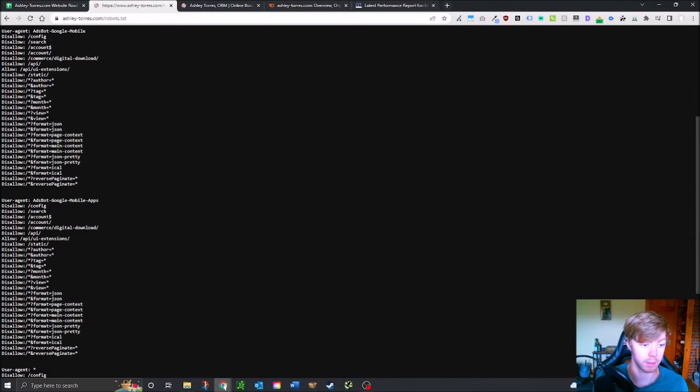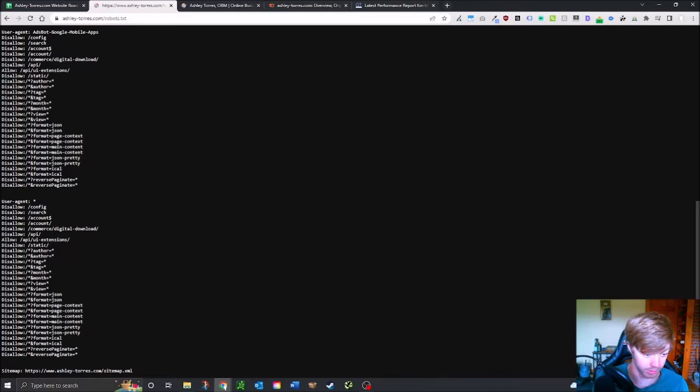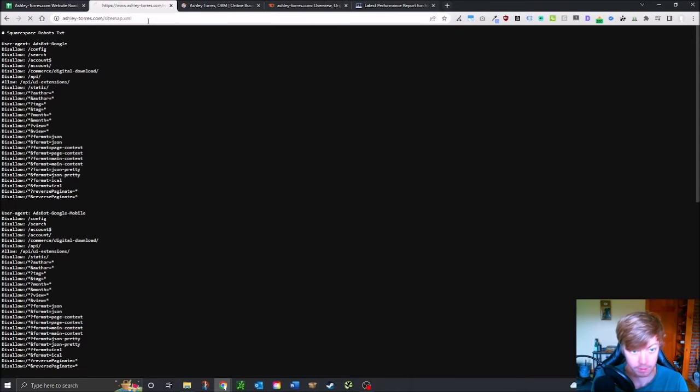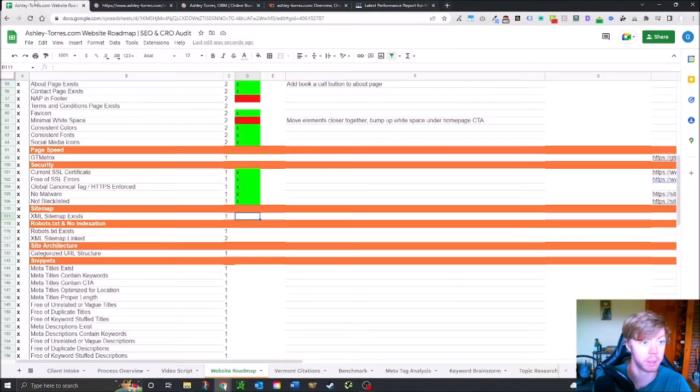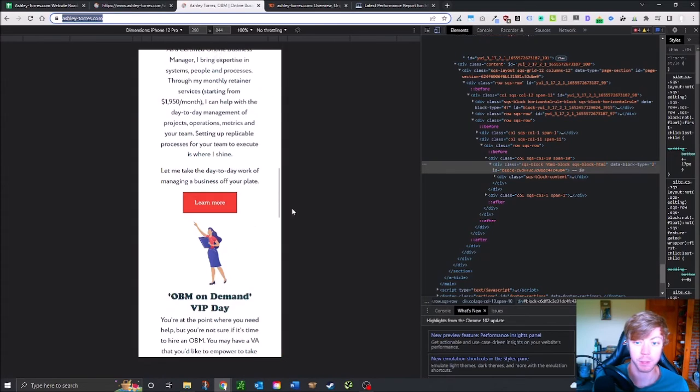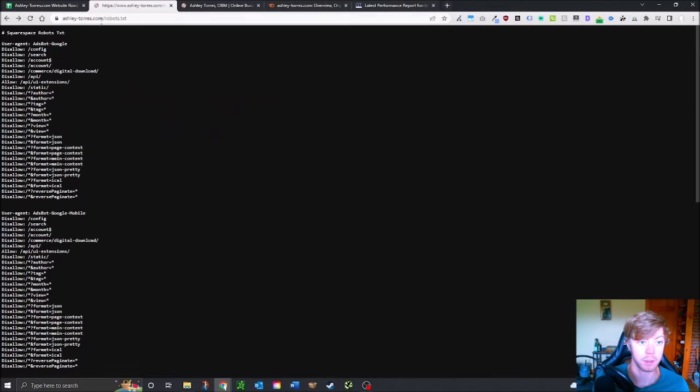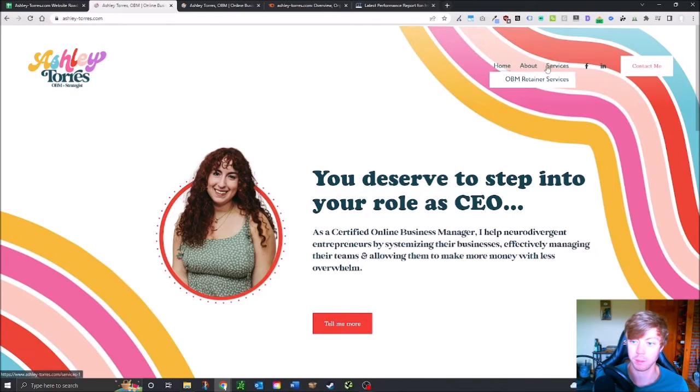Robots.txt looks great. You have all the various things linked. Disallowed, rather. And you have the sitemap linked. And here's the sitemap. And it looks like the sitemap has everything here. The URL structure is categorized. There's not really many pages on the website, so